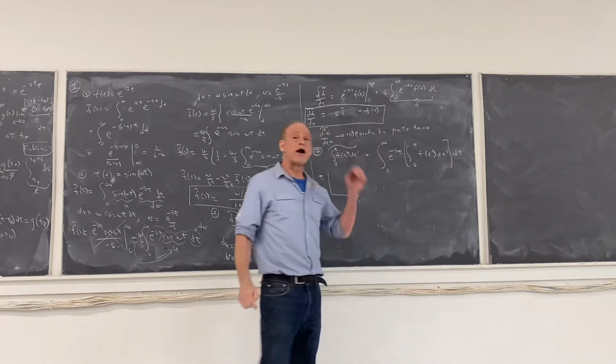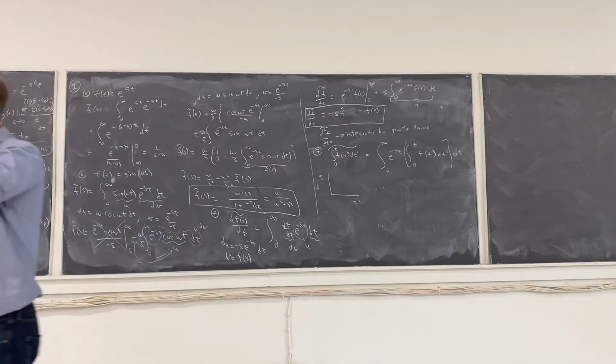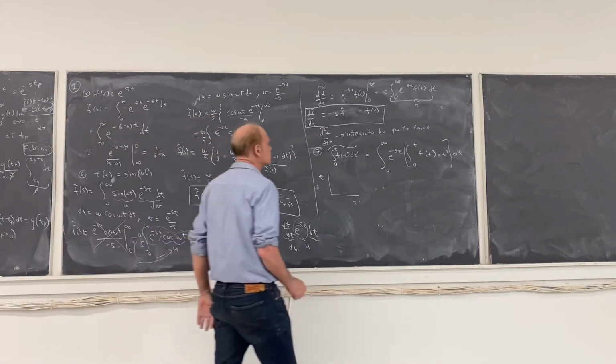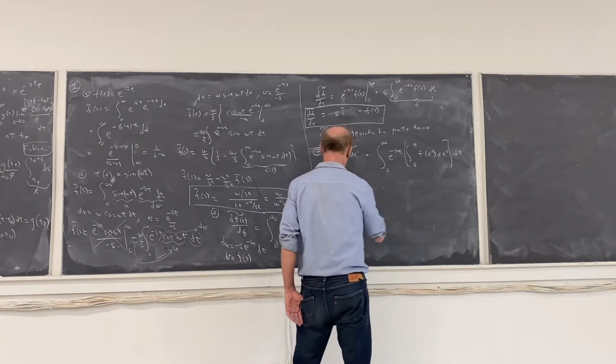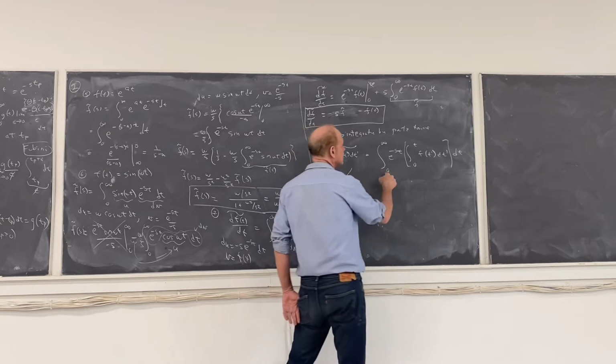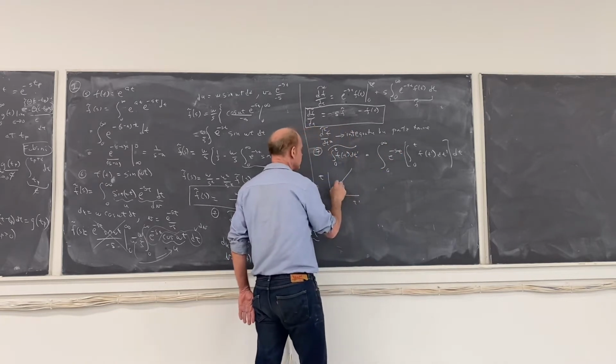So right now t prime is the inner integral and t is the outer integral. I'd like to switch it. Let's notice that here I'm integrating from 0 to t, t prime is going from 0 to t, and then t is going from 0 to infinity. So this is the region